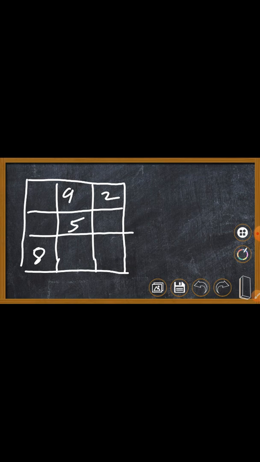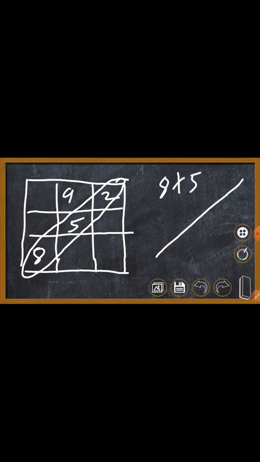Yes, so let's add from corner to corner. This corner to corner, if we add, this is the thing which is totally filled up. So what is 8 plus 5 plus 2? 8 plus 5 is 13, plus 2 is 15. Sorry, it will be 15. So this corner to this corner, if you add it up, the answer is 15.